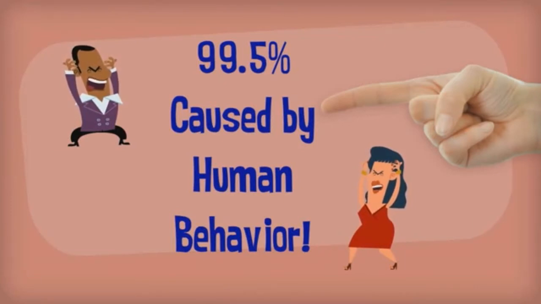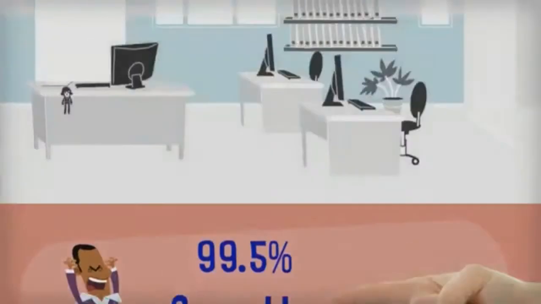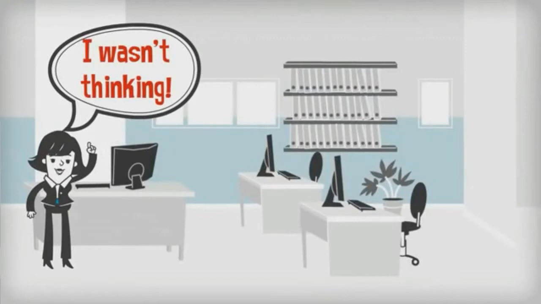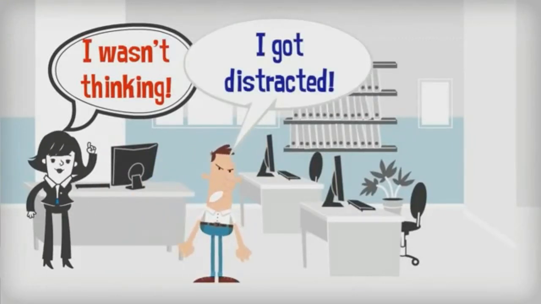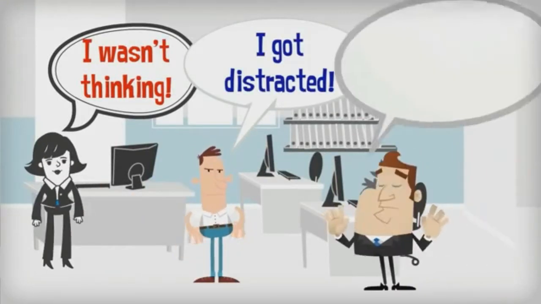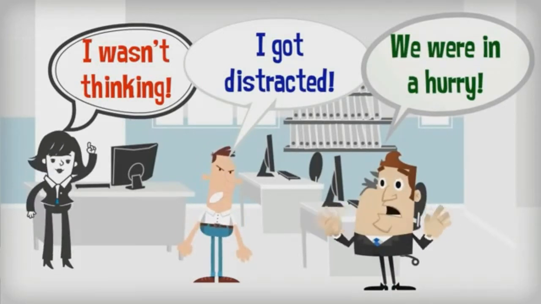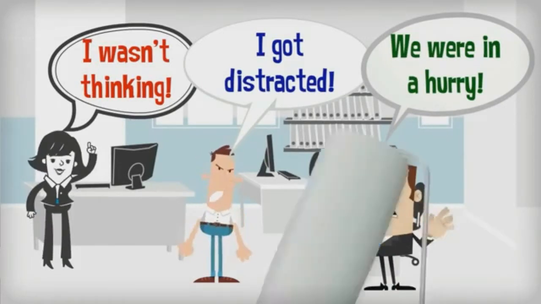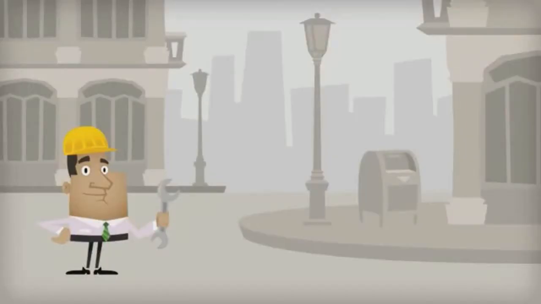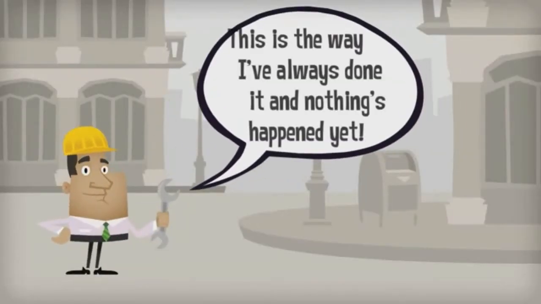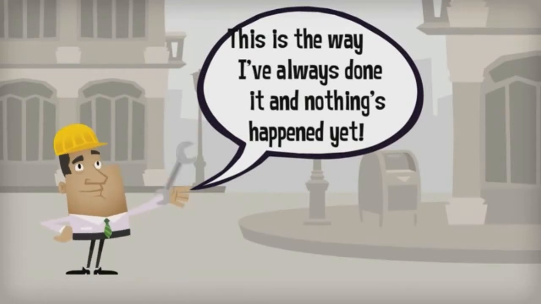Some don't do it deliberately. Some don't do it because they just did something stupid. Others cause accidents because they think they can do it without getting hurt, or they don't think about the consequences of their actions. Some are in a hurry. They allow themselves to become distracted and are not paying attention. One thing to remember: you can make the same mistake many times without anything bad happening. I always did it this way, and nothing ever happened until today.